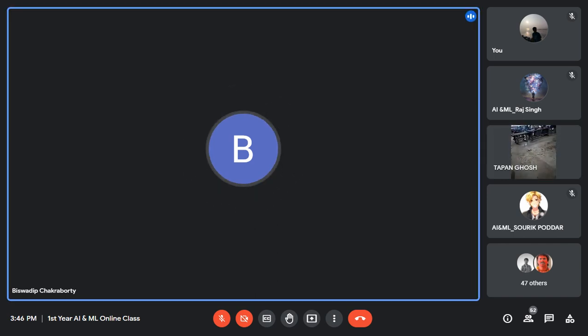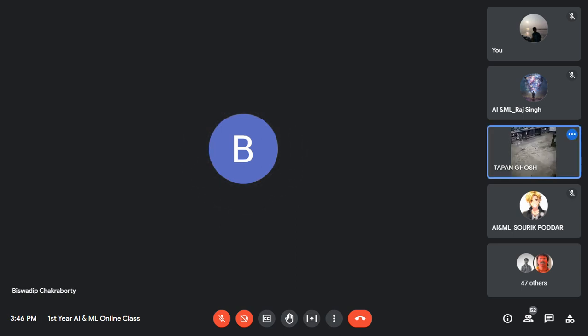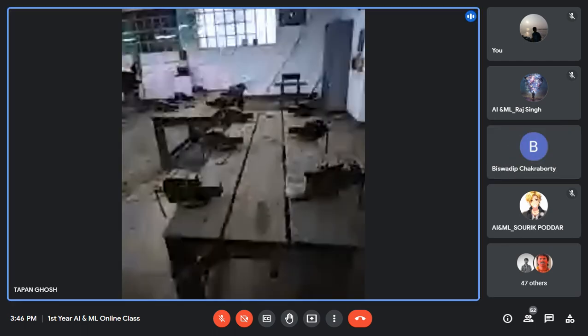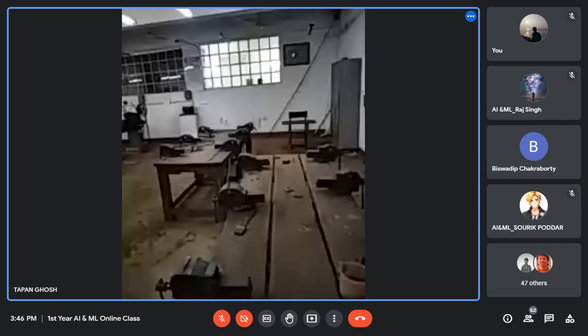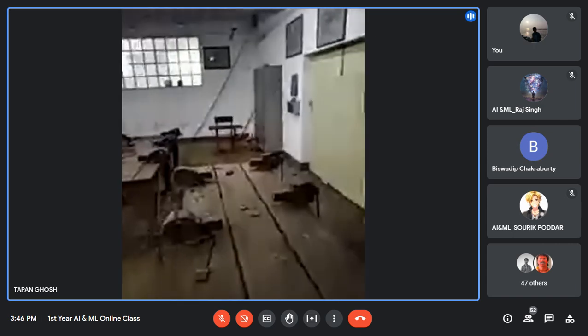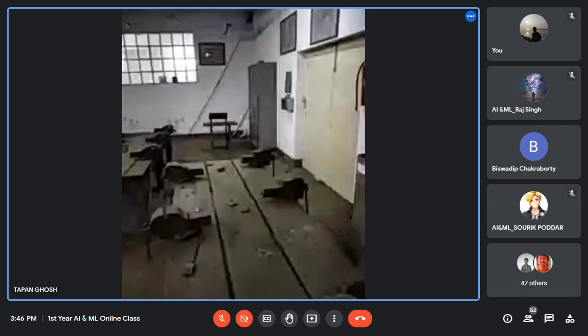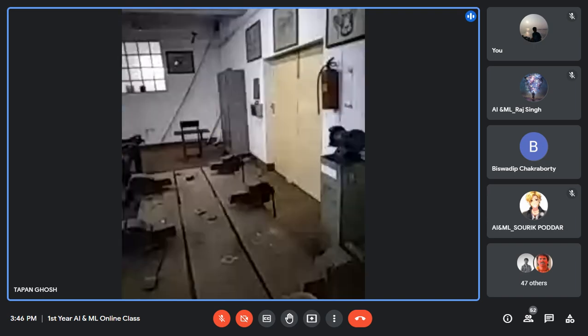This is the workshop area where the fitting shop is situated. You can see the bench on which the holding tools, that is bench vices, are fitted. Now TKG sir, you can continue. Yes, sir. Students, this is our workshop. I will show first the total workshop area, then I will describe the fitting shop.